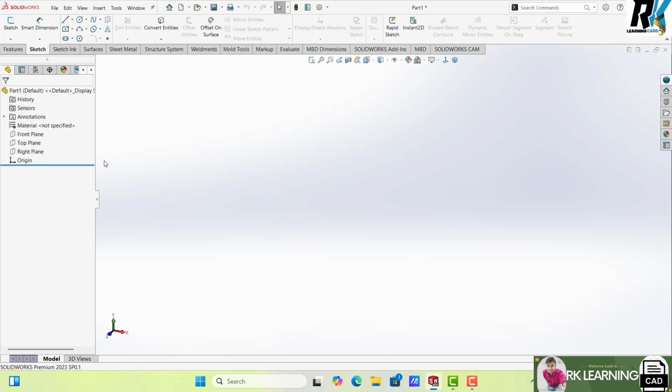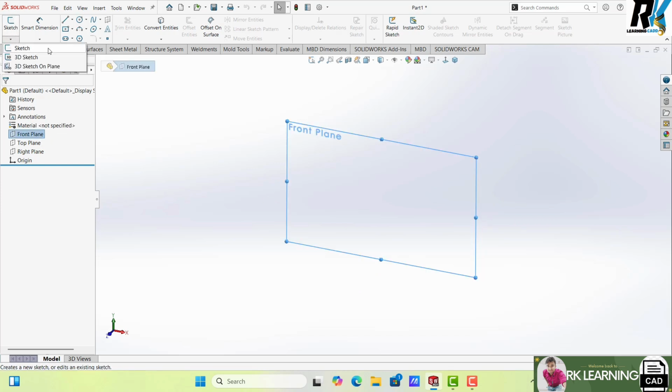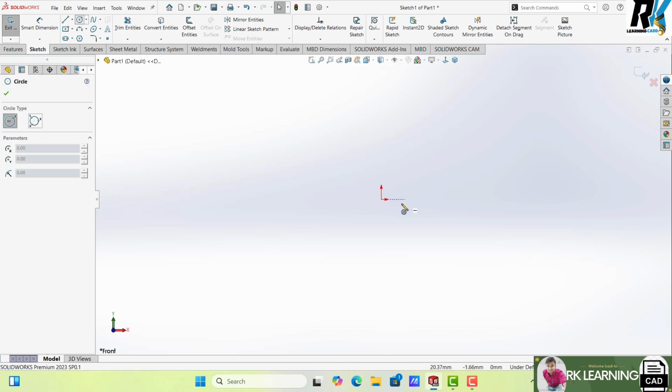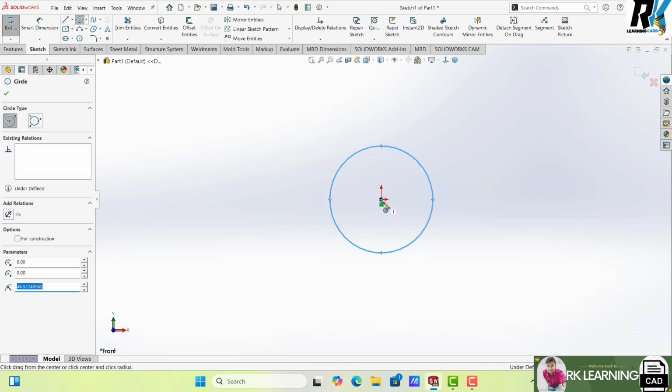If you want to start work, you can select a datum plane and here we have Sketch mode. Here there are Sketch, 3D Sketch on plane, so we have three options, but this time we are using only Sketch. When I click Sketch, you can see a red color one or two arrows coming, that is called the origin. So this location is 0,0 of your screen. When I click on the screen, you can see the datum plane is hidden. If I create something here, we can create a sketch.